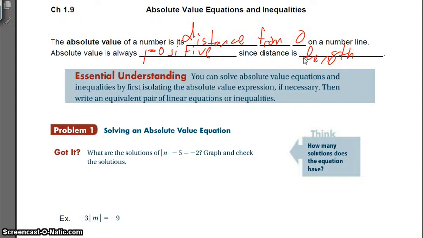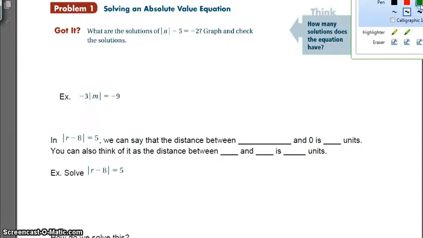So I'm kind of all over the place because I'm trying to write on my tablet. Alright, so we can understand absolute value as thinking about the distance between something and another something. So we can approach this. Let's just scroll down to an example that'll make life easy. Alright, so the distance here,